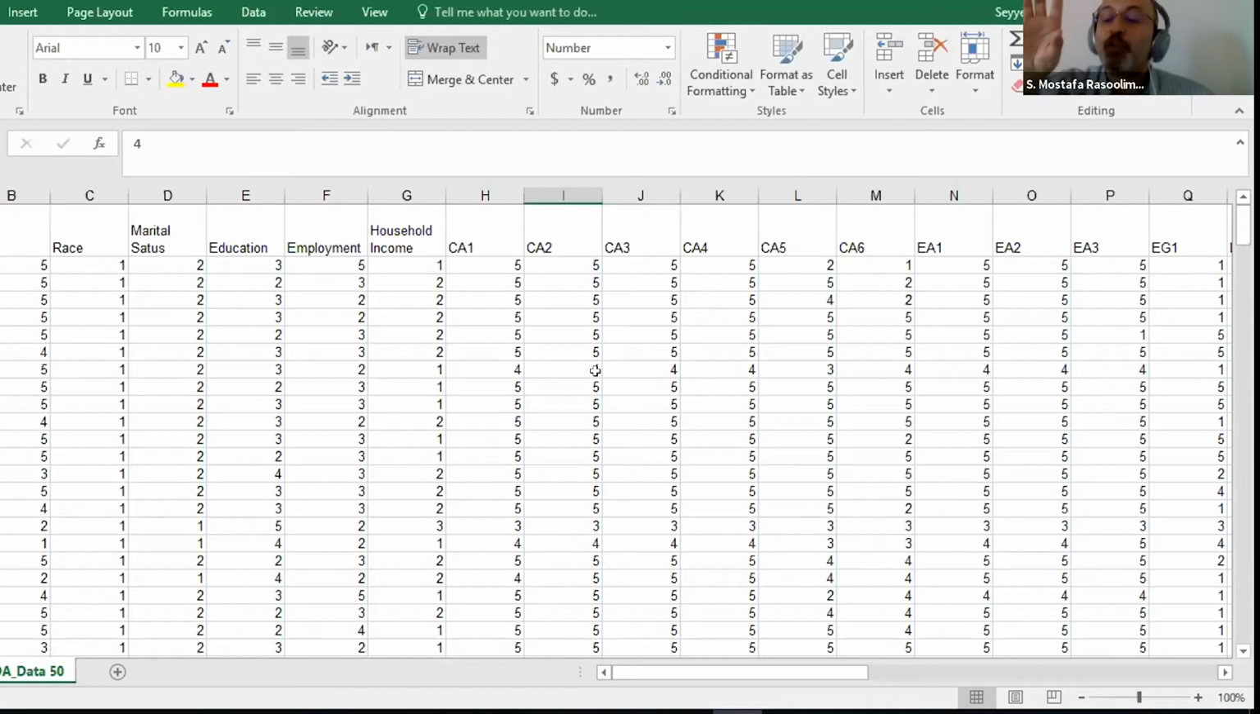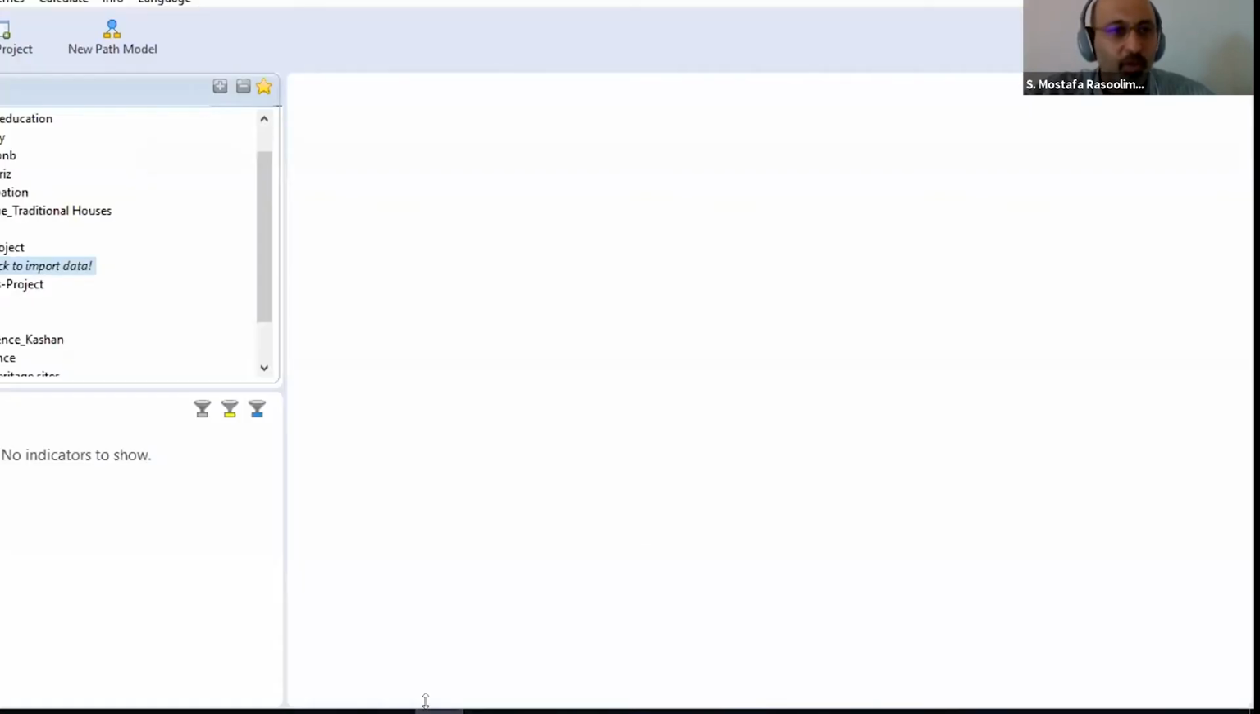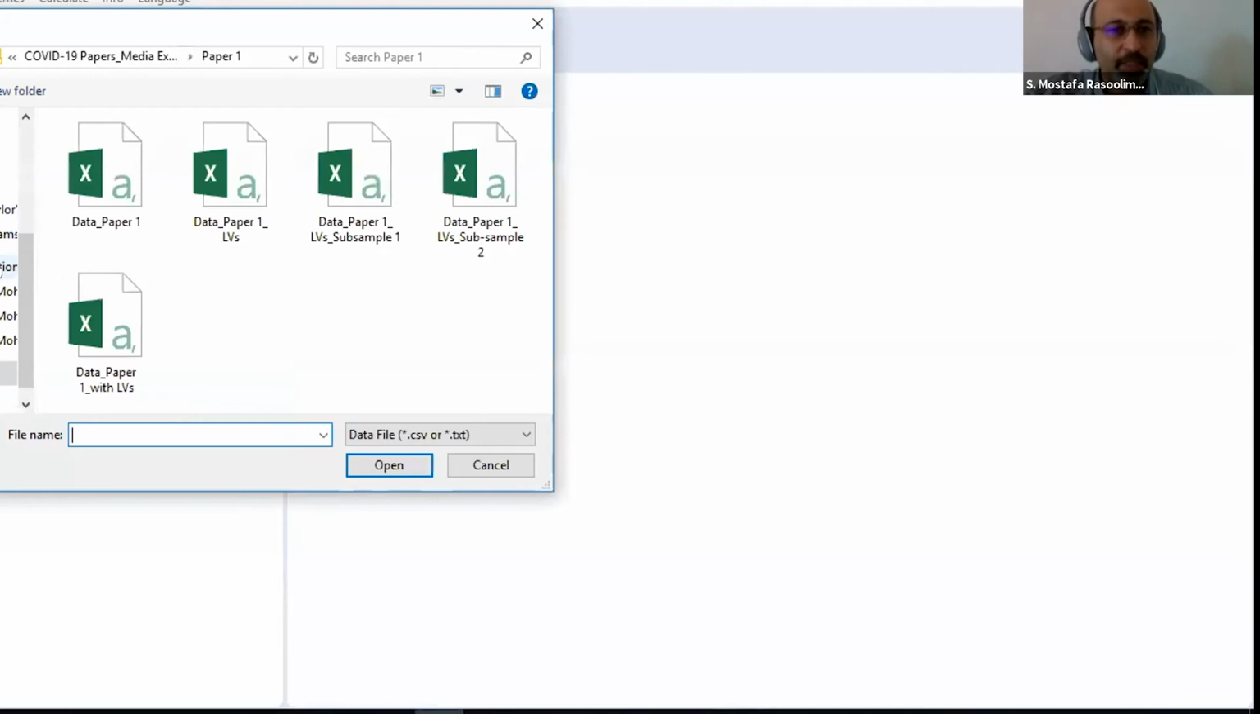Okay. Now if I go to software, this can also happen in SPSS. If you have your data set in SPSS format, you can save your file as a CSV. You have this option in SPSS. So you can convert your file to a CSV file and use it in SmartPLS. So if I go to the software now and double click again,